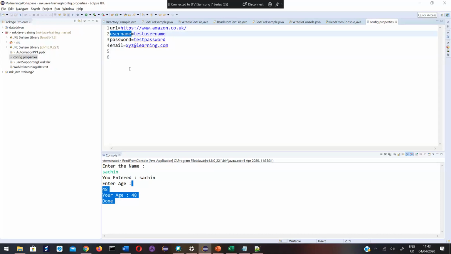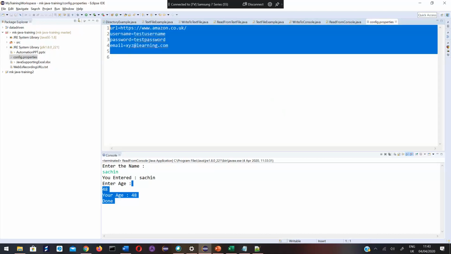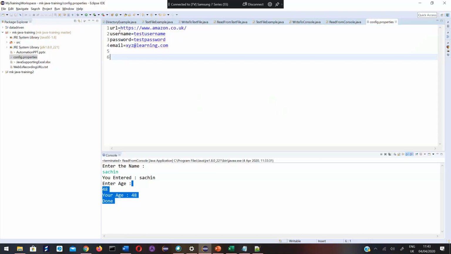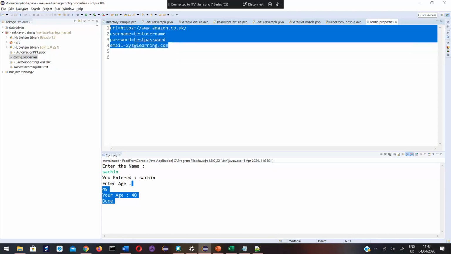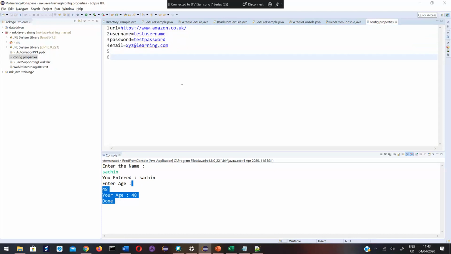What happens in that case? When you use this username, this properties file is referred. In this file, we'll go and check for this thing. The value of this is this. We use this value. So this properties file is like a repository where you store all the commonly used values at a single place.